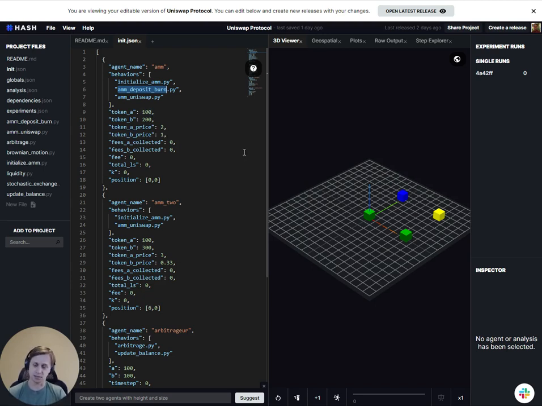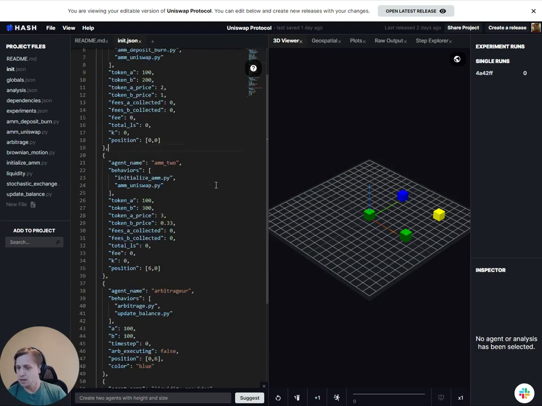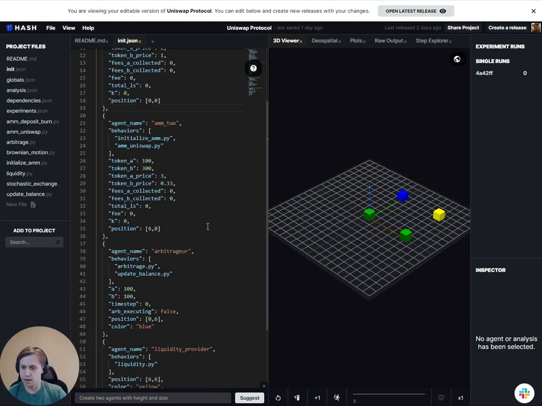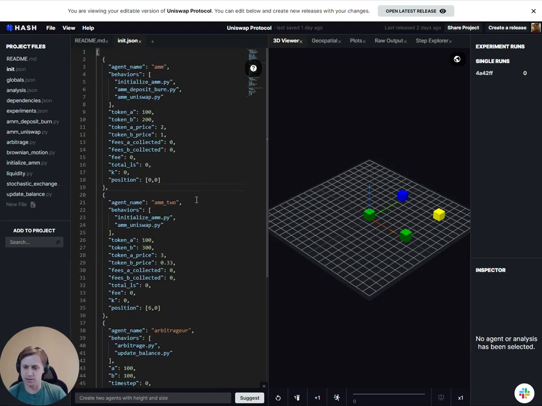If it does, it updates its reserves. If it receives a request to burn some shares, that means that the liquidity providing agent wants to withdraw money from the market maker. It'll do that. It'll return the initial funds along with any profit made. Here's the second market maker, which has basically the same parameters as the first one,